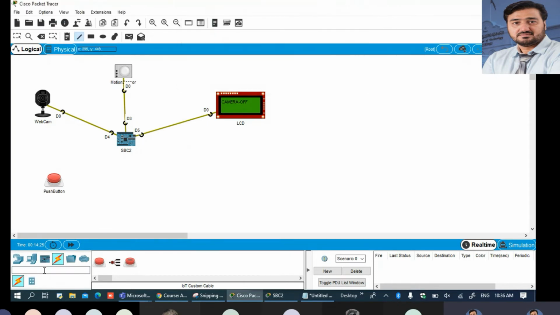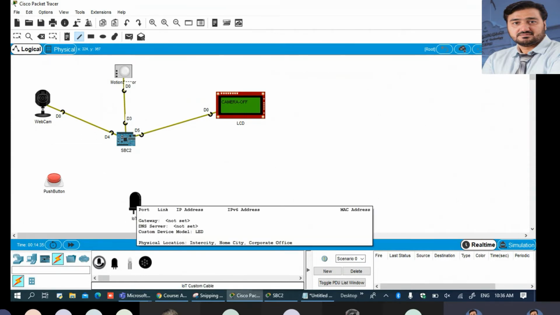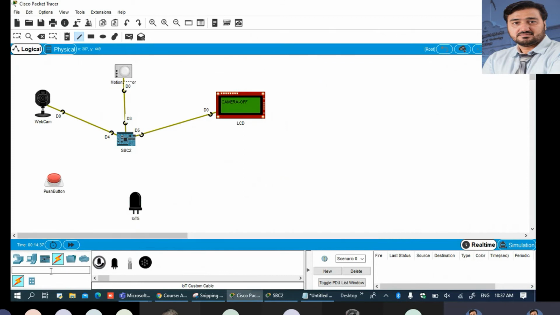We are going to take the LED, sorry, LED. So we'll take one LED, and one more LCD we can take. Okay, so this LCD we can take.